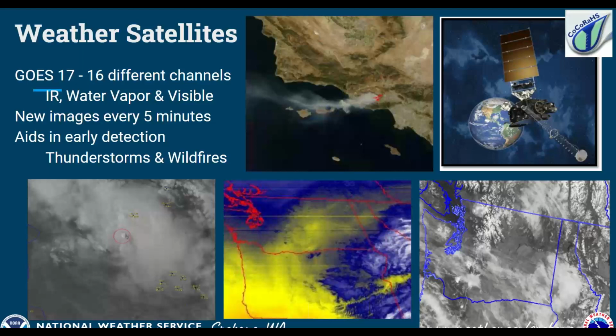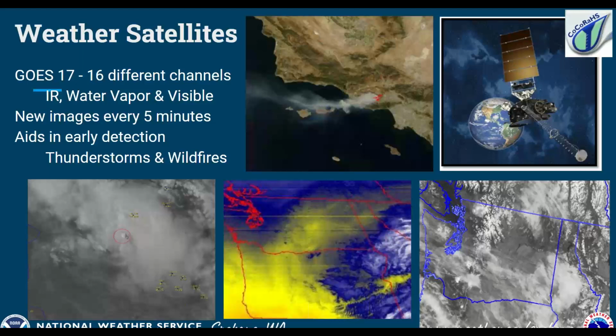So it gives us a good view of the storms that are tracking across the Pacific because our weather is coming from the west and moving to the east and reaching the coast and then moving inland. So we can get a good idea what's happening over the Pacific to know what weather is going to impact us. But with these weather satellites, we are able to look at the clouds from space. Think of the satellite as a giant camera that's up looking down on the Earth.